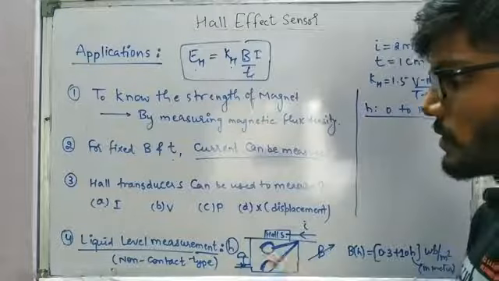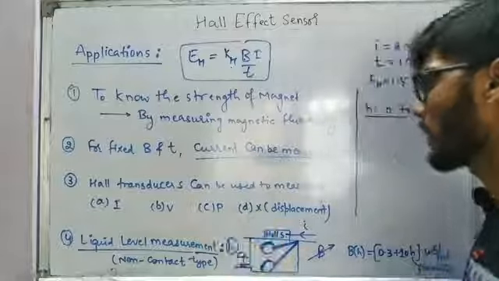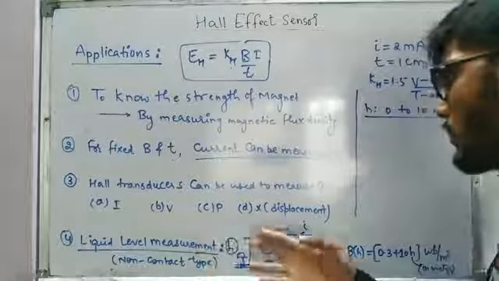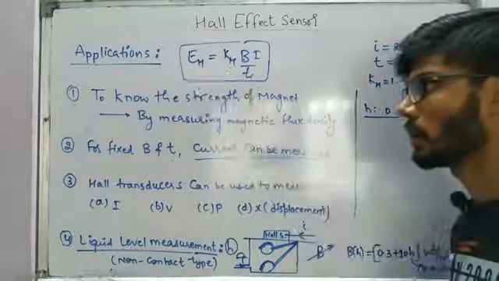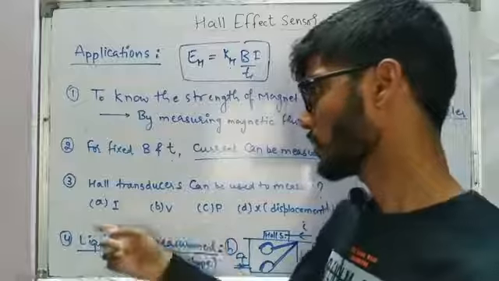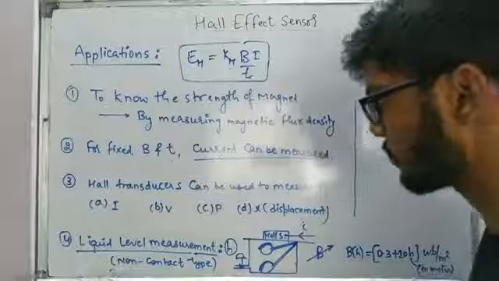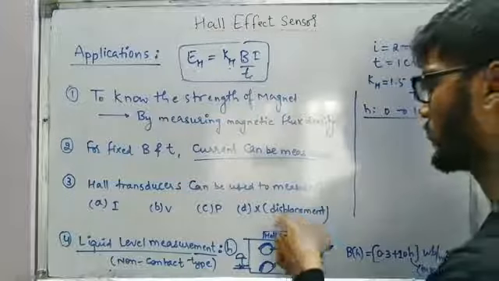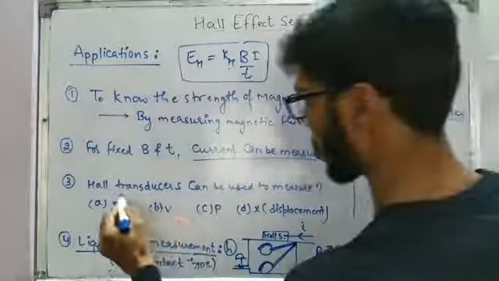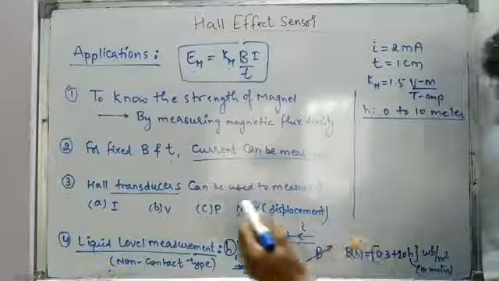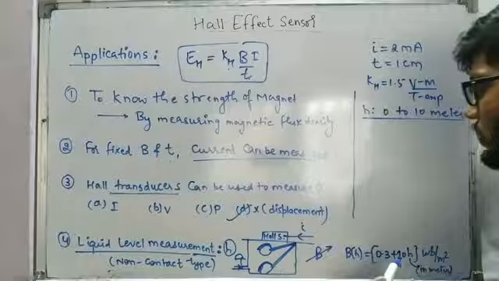And the third one is quite a trickier one. This is a problem: a Hall transducer can be used to measure current, voltage, pressure or displacement. We have discussed that we can measure the current or also the Hall voltage. So don't confuse yourself that current and voltage are both present here. For that we have to make use of a little basic understanding, because we can measure displacement also with the help of a Hall transducer. But the term mentioned here is transducer. So based on that we have to select displacement as the answer, because what does that mean?